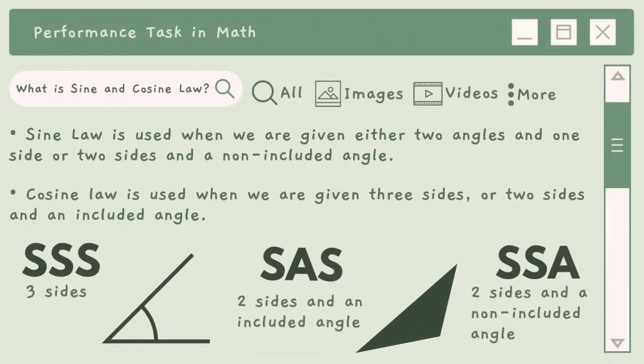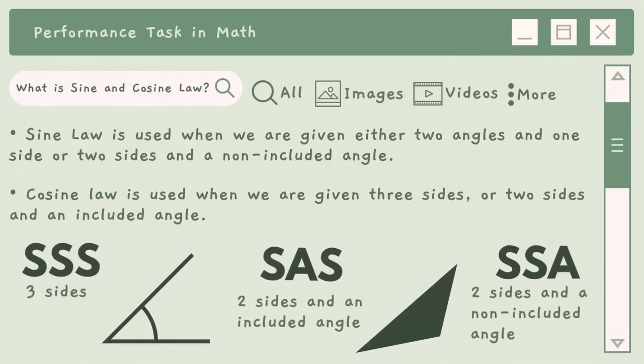Sine law is used when we are given either two angles and one side or two sides and the non-included angle, SSA or side-side-angle. Cosine law is used when we are given three sides, SSS or side-side-side, or two sides and an included angle,